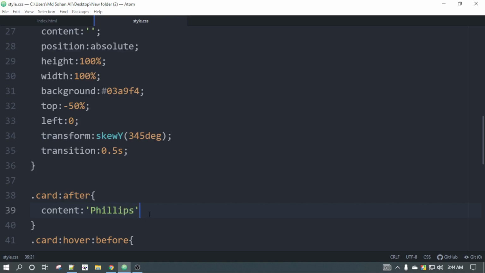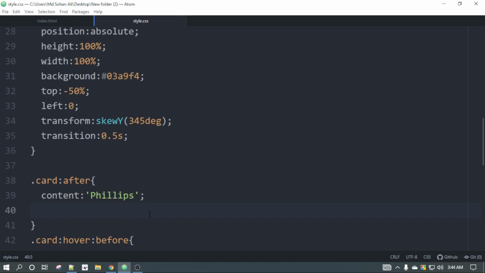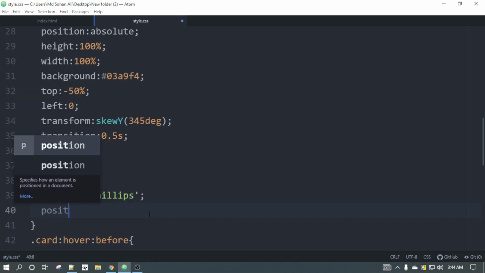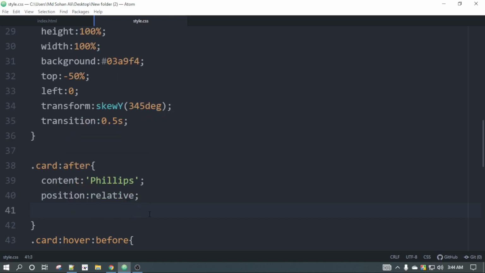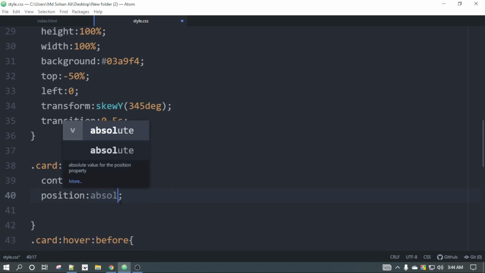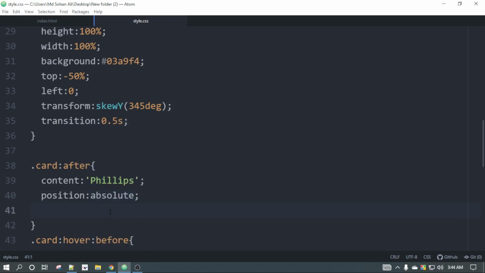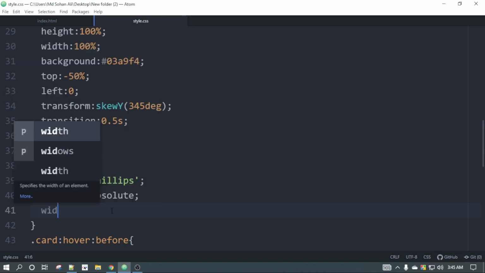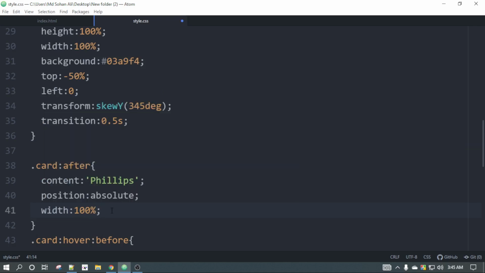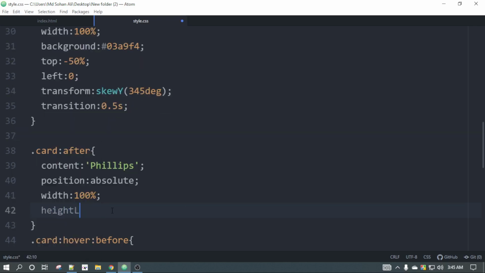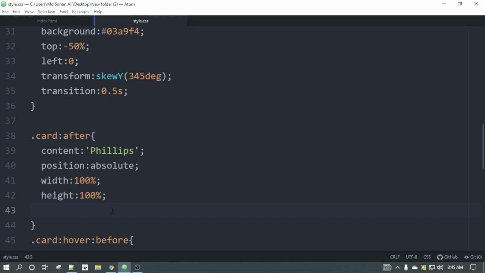And close this line. And then we need to say position, relative, and sorry, not relative, absolute. We need to give absolute position, with 100% height 100%,